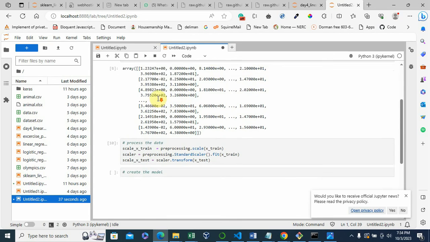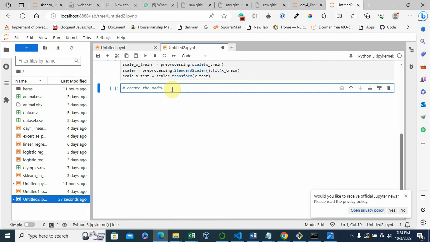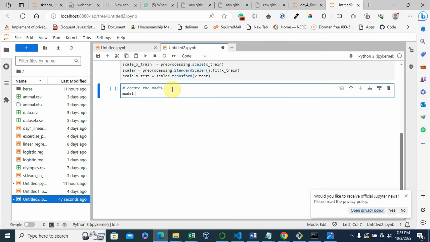And the next thing I want to do is to instantiate my model properly. Assuming we call it model, we have it like this, equals Sequential.